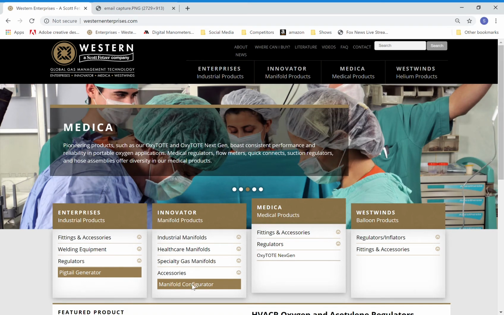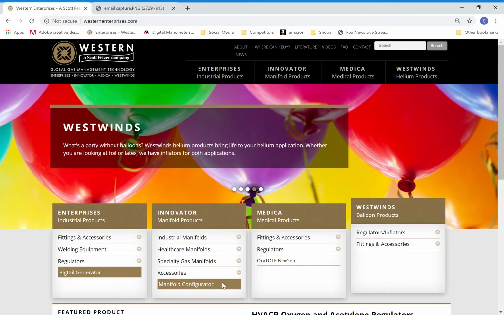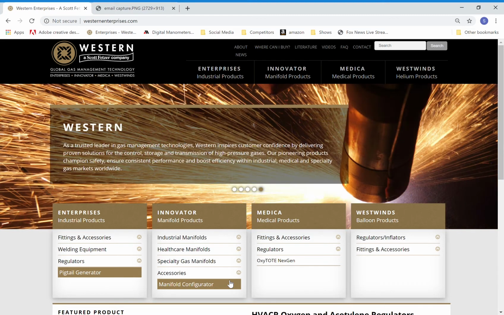Let Western Enterprises make the manifold selection process easy with our convenient and simple to use Manifold Configurator tool located on our website. This handy tool will help to assist you in the selection of the proper manifold for your application. First, start on our website,